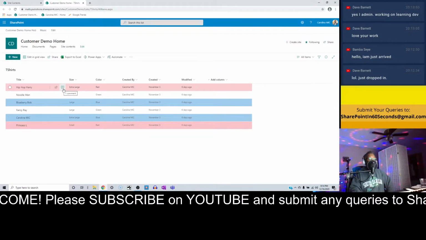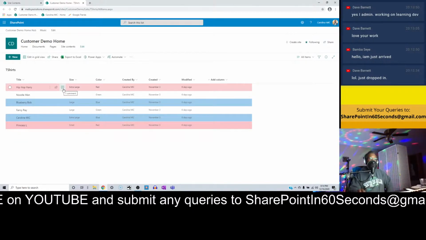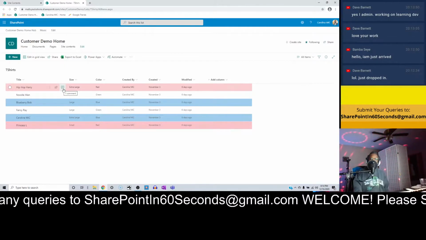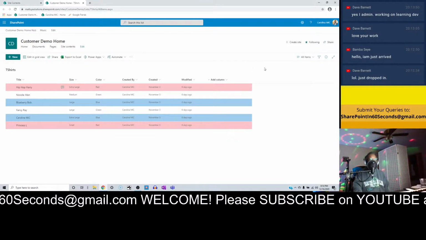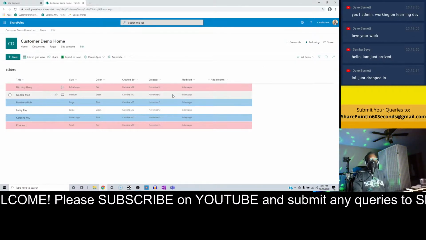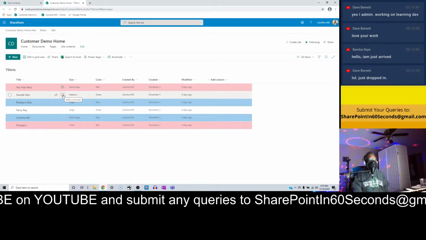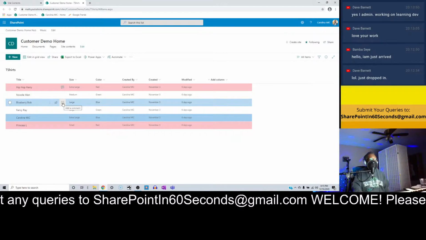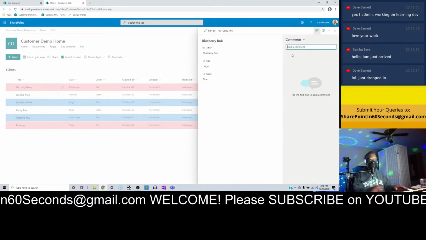So the new thing for Microsoft Lists, which is kind of the same thing as SharePoint Lists to a certain extent. I mean, Microsoft Lists are built off of SharePoint Lists. And so all the features that come with SharePoint, with Microsoft Lists, are available now. If you're in SharePoint Online, they're available in all lists and document libraries, as it relates to those pills and the conditional formatting with the colors and all that jazz. But another thing that you have available is adding comments. So I'm hovering over, here's one that does not have a comment, but I can add a comment. So we're going to click on add comment, and then we can just type in,